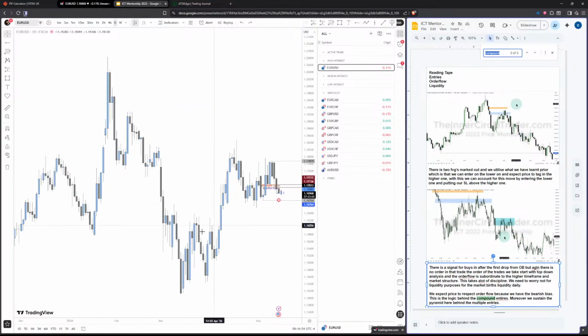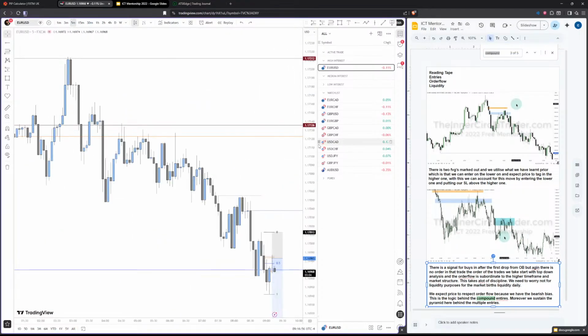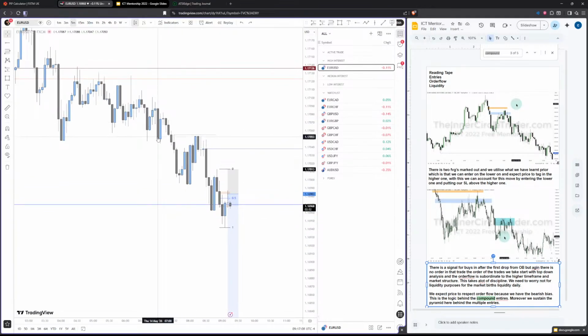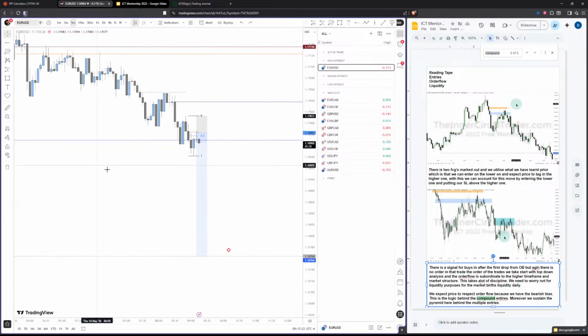I remember that lesson was basically talking about how when we encounter bullish candles in a bearish move, those bullish candles act as order blocks or places where price rejects from, and it should never go above those highs. It could, obviously, like you can see here, we push down. When we come up into this bullish candle, price rejects from. Here we push up to this bullish candle, where price rejects from. Here we push up to this bullish candle, where price should reject from. So that's the idea of the candles.